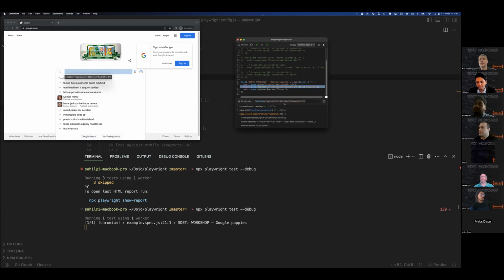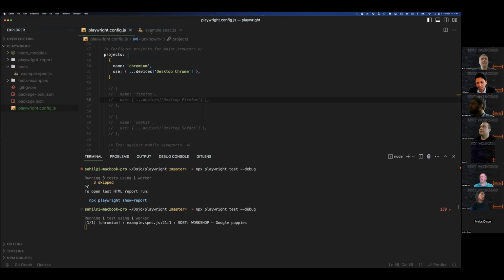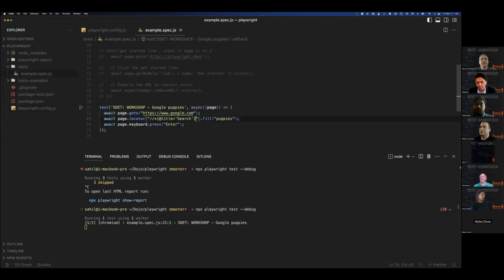Copy it, and then go to VS Code and replace that. It gives you the locator part, so you need to replace starting from the dot, and the parenthesis. Oh, okay, like this. Yeah, that's good.